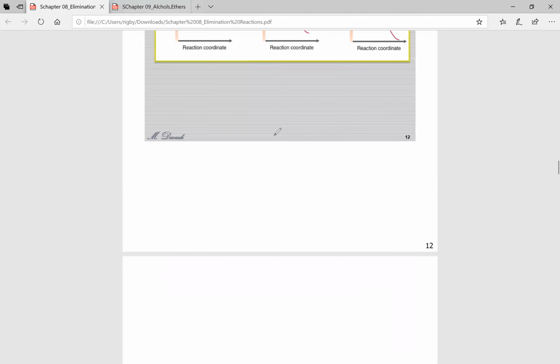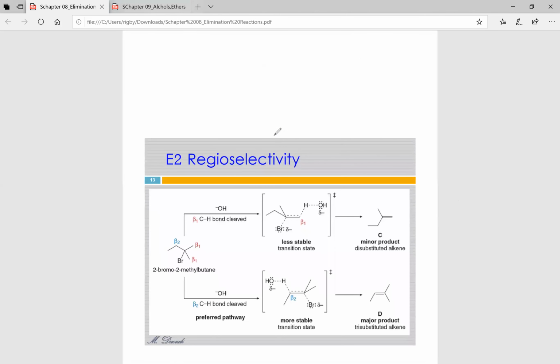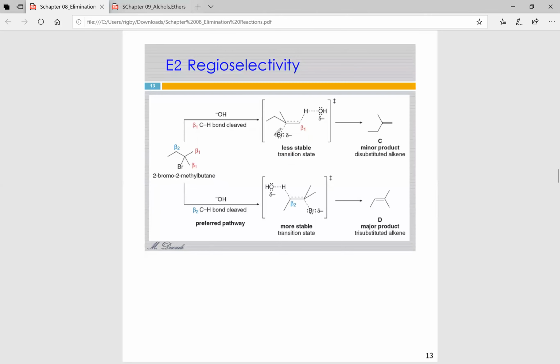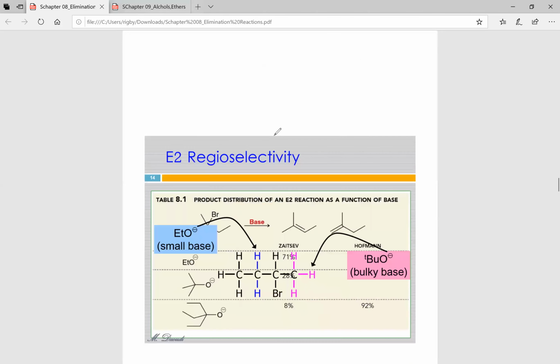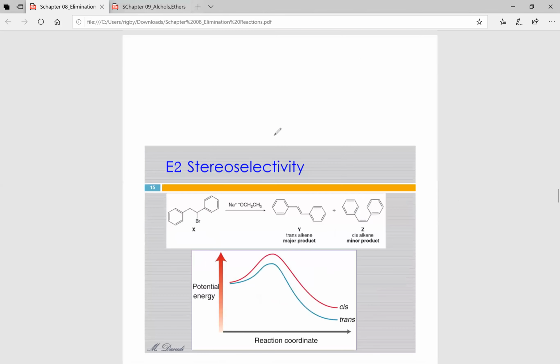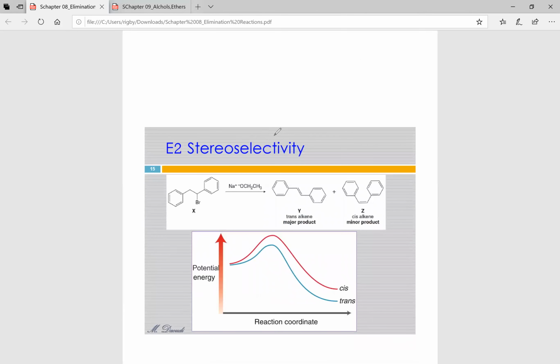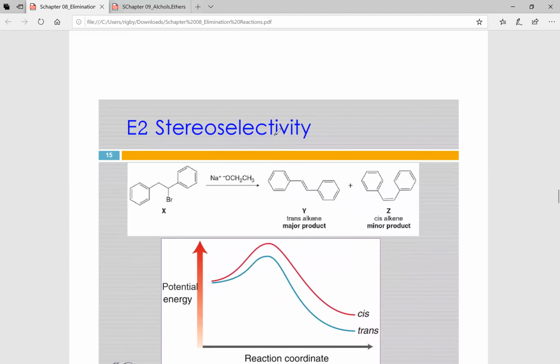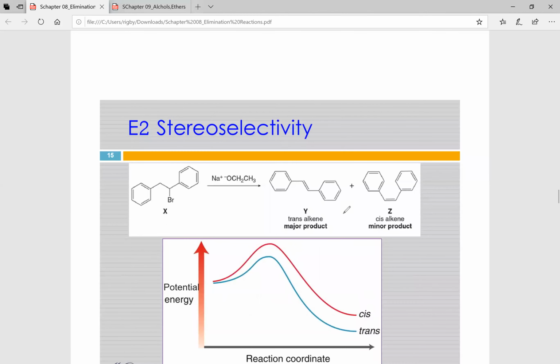So this is just more examples about how this happens. And then this is regioselectivity, which we already talked about with the Zaitsev and the Hoffman product. And then stereoselectivity. This is talking about the cis-trans stereoisomers. So you see here that the trans product is preferred over the cis product, and that again is because the trans product is more stable than the cis product, because we're keeping these big groups as far apart from each